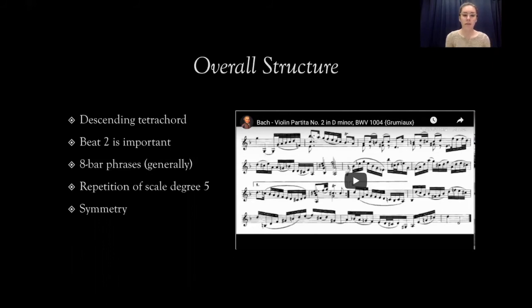But finally, symmetry ties this whole piece together. In addition to the A-B-A form, which itself is symmetrical, we can see that the theme at the very beginning is repeated at the very end, almost verbatim.